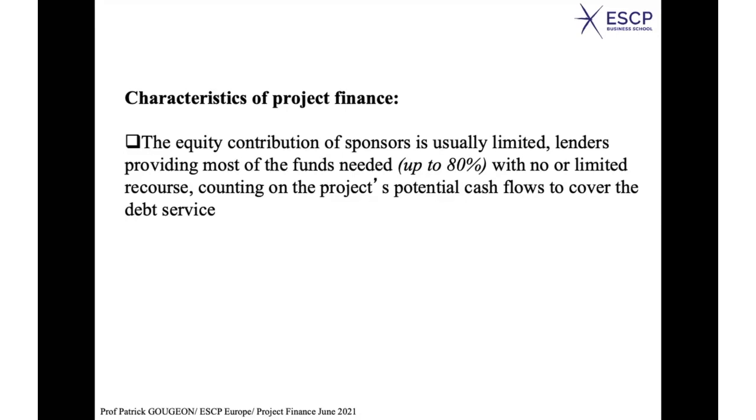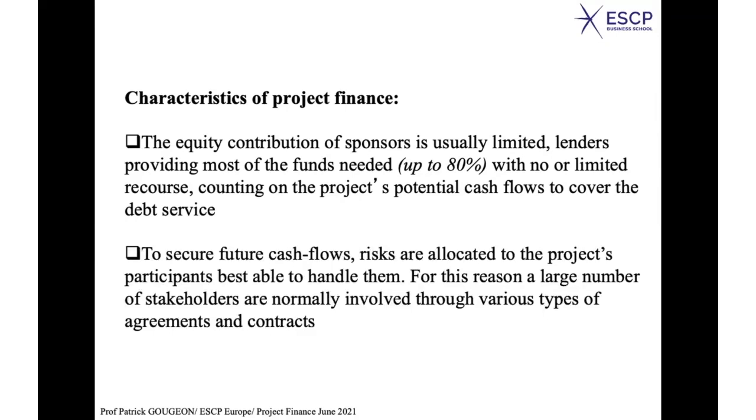So to secure future cash flows, how can we do that? Well, the risks are allocated to the project participants. I told you there are many, each with a specific expertise. If each has a specific expertise, it also means that each participant has a certain capacity to control certain types of risk. They are experts in the field. And this allocation of risk to the different participants will reduce the risk of the final cash flow generated by the project company. And that's the way you can get this high level of debt, by securing the cash flows,